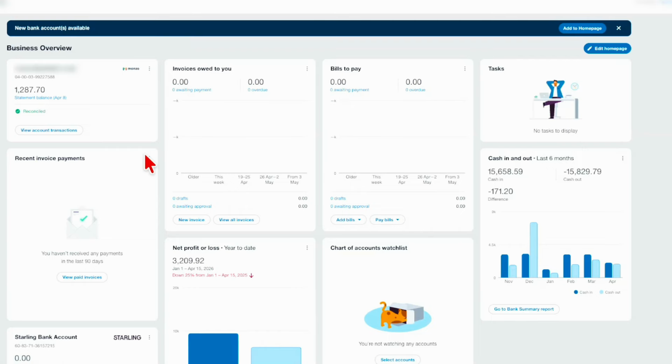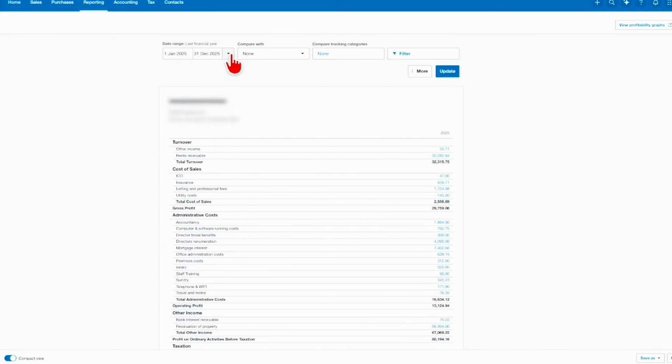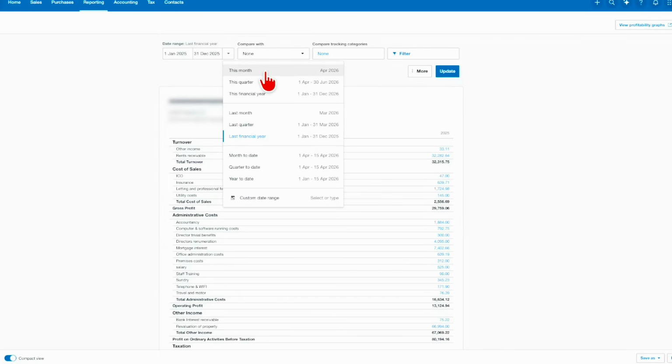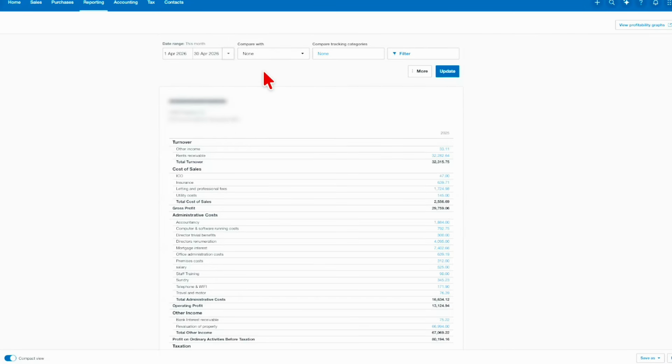I think the only other one I'd probably add, we'll do one more. Yeah, the only other one I'd probably add is, you've got now profit and loss by property, your balance sheet. You want to have probably either monthly or quarterly profit and loss report. I wouldn't do that by tracking category. There'll just be too much going on the page, but it's good just to be able to see every month or at the very least every quarter how your